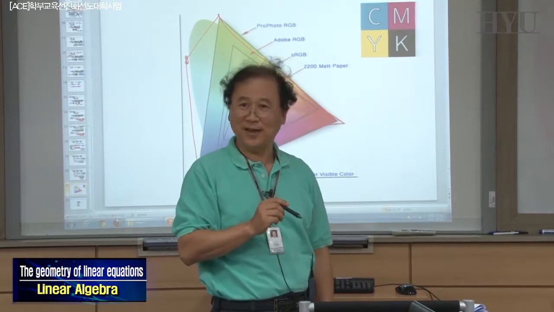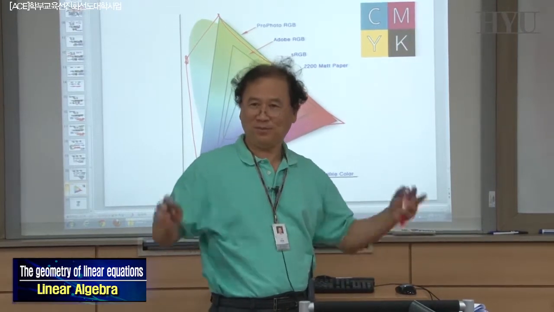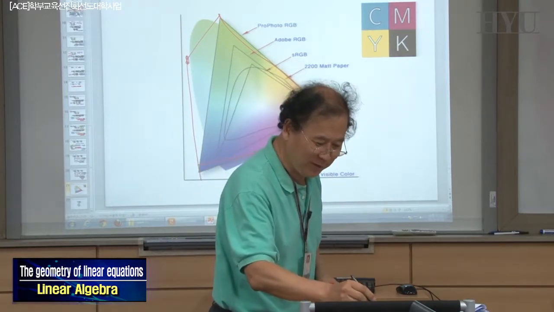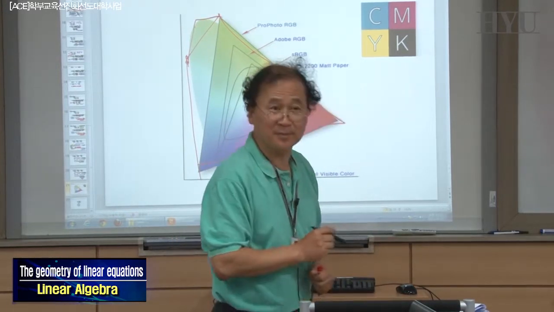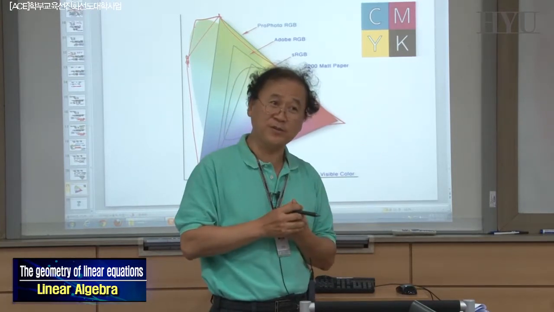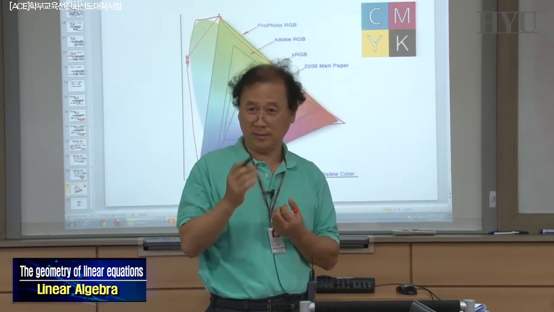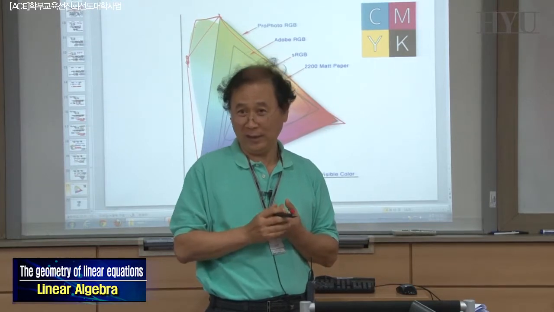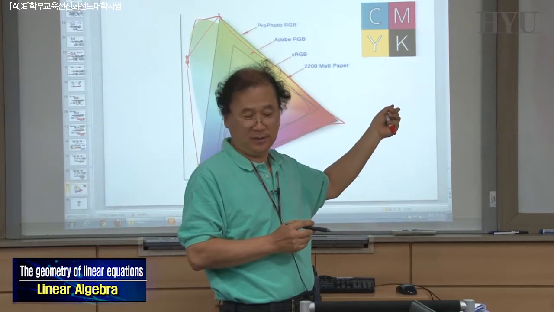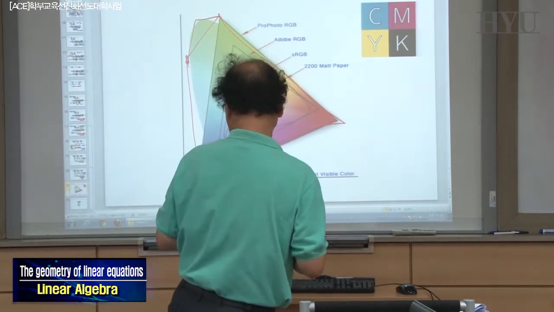Oh, 4 is not enough. My printer is a more expensive one, right? So I'm going to have another one here. K is because I still have some problems with representing black well. So that's why they introduce another color, K, black. So basically,